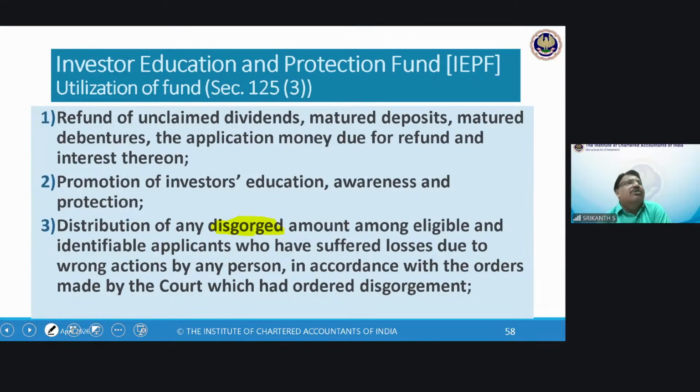Second is possibly the most important activity: promotion of investors' education, awareness, and protection. See, the problem in most cases in those days was that investors simply did not have a clean source. The person giving you that advice has some hook on it. Either he wants you to become his client in portfolio management solutions, whatever. Okay, there's no pure disinterested guidance coming, except from certain